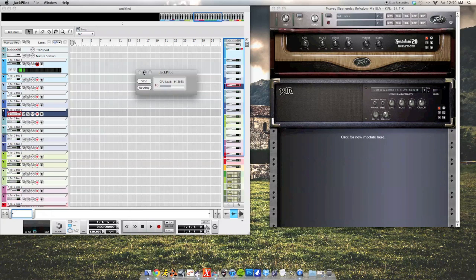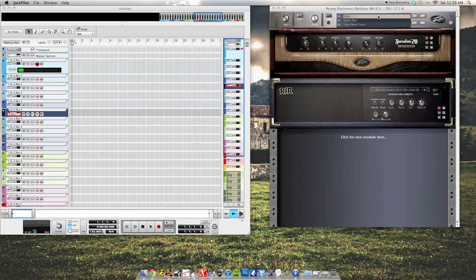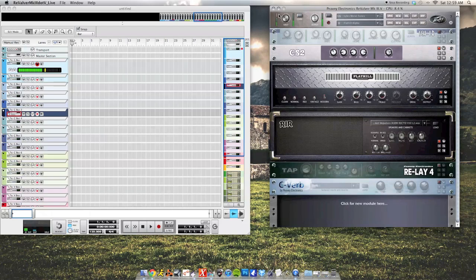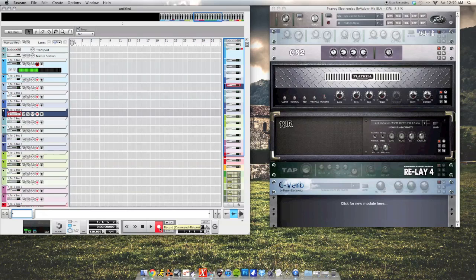Let's go ahead and bring this down. I'm going to load up a tone in here. What's happening? There we are. Some volume. Okay. So yeah, you can see we've got the sound coming in here into Reason. I'm going to go ahead and hit record here. And there you have it. There is Peavey Revalver